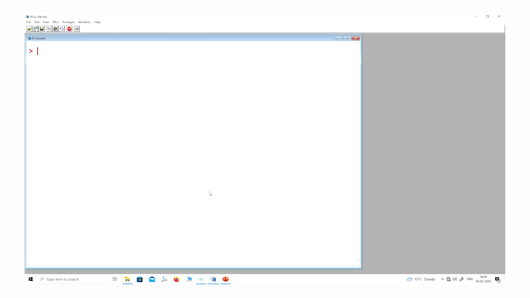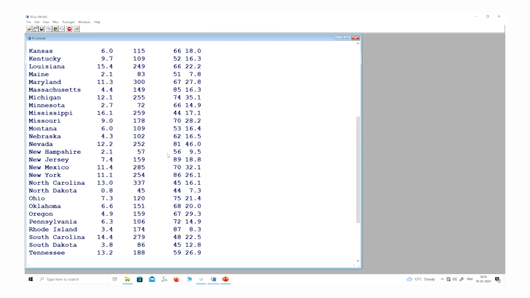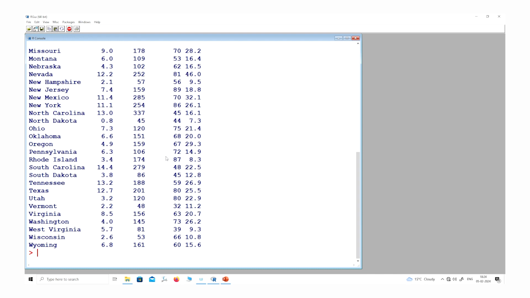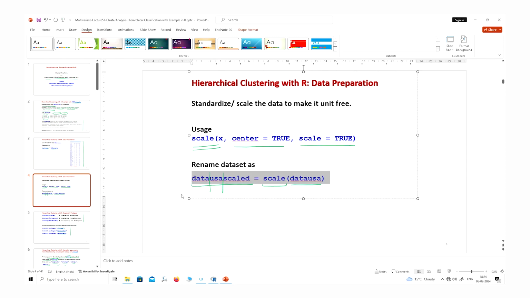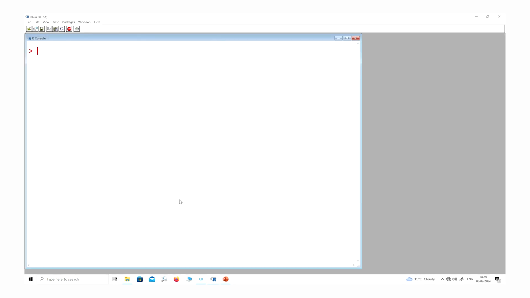This is your data USA. It is a built-in data set, so you don't have to worry about it. Then you have to scale it, so I scale this data and save it as data USA scaled.